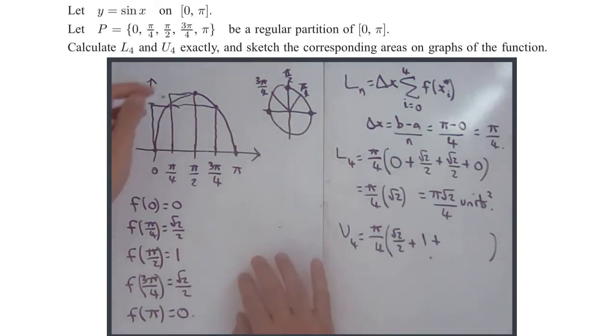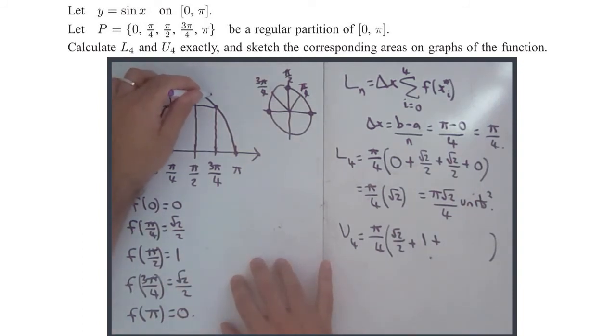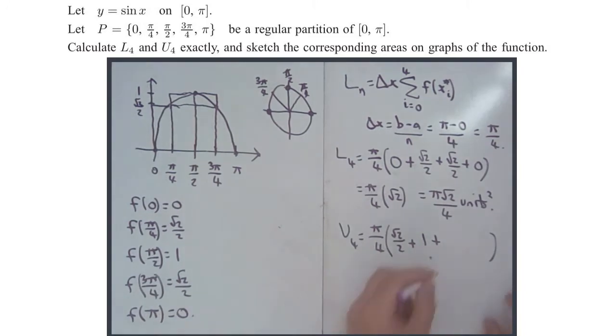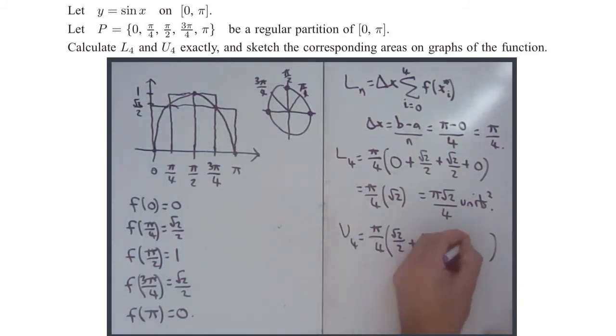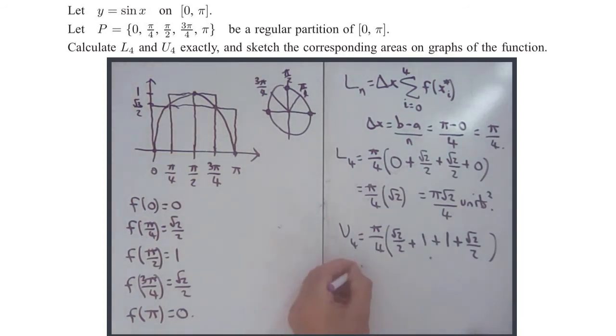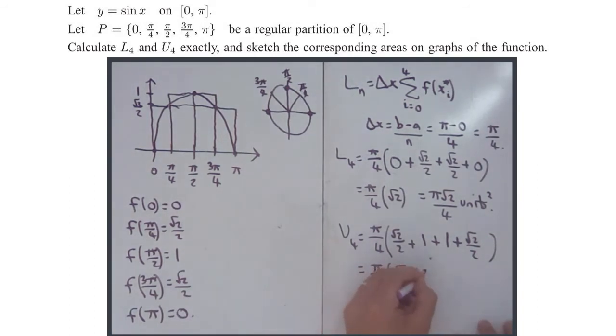Now for the next interval, we're going to use f of pi by 2 again, it's an option. So we're going to do it like that, and that's 1 again. And for the final subinterval, we are going to use f of 3 pi by 4, which is root 2 over 2. So this is pi by 4 times root 2 over 2 plus root 2 over 2, which is root 2 plus 2. You could expand that, but I don't think it's going to look a lot better, so I'm just going to leave it like that, units